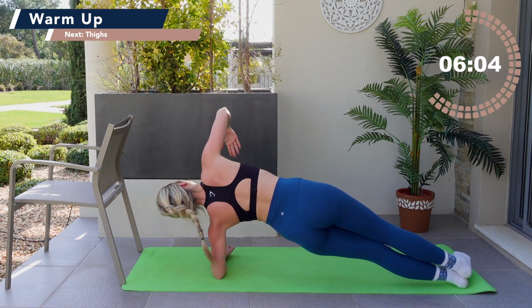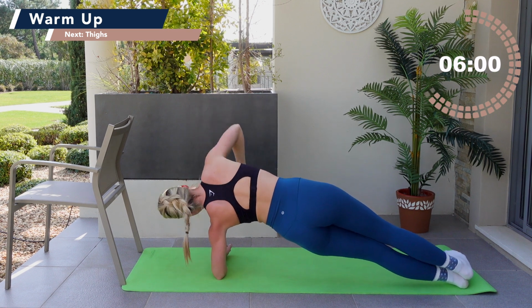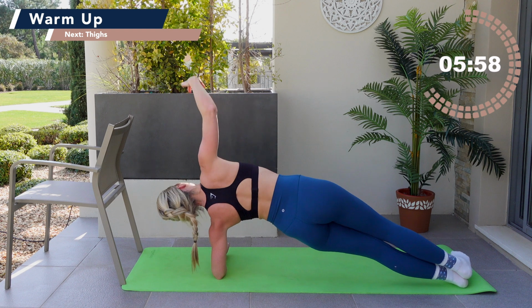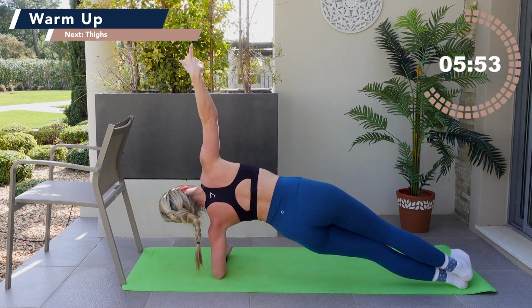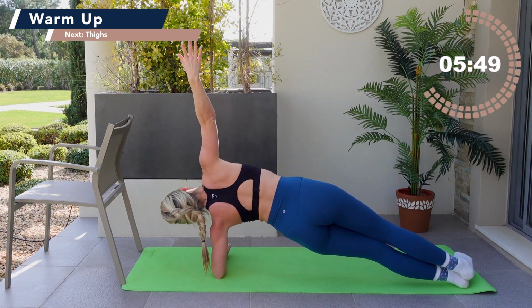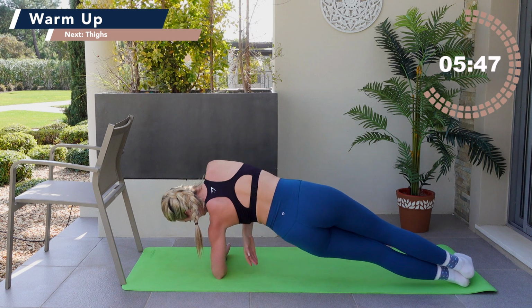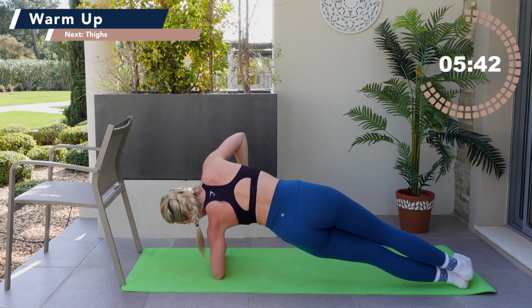Now you will be facing away from me at this point, so I like to double check your form. Are your hips square forwards? Is your heart open forwards? Have you got your shoulders stacked? If you want that modified option, lower down onto the side of the shin, but the hips stay lifted away from the floor. We reach it with one more wrap, reach underneath your waist, back towards the sky,